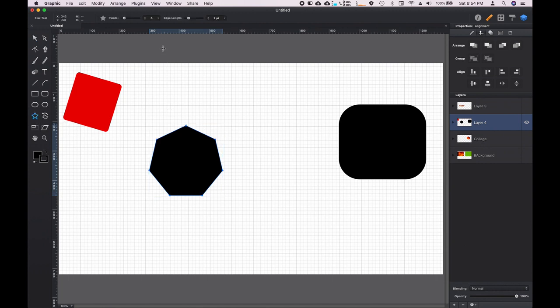And our star tool, and we have the same setting parameters up here. We can change how many points we want, and we can also change the edge length. So just so you can see what the differences are, let's pop up a new layer so